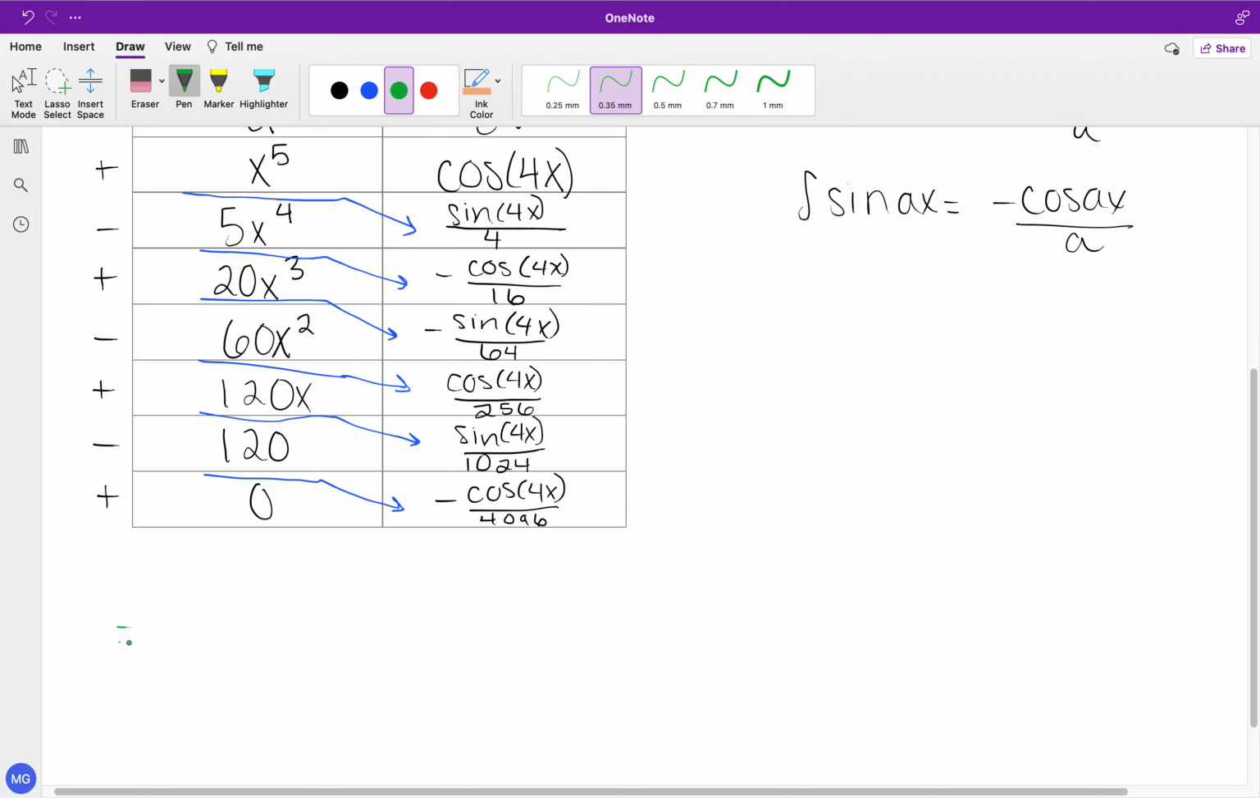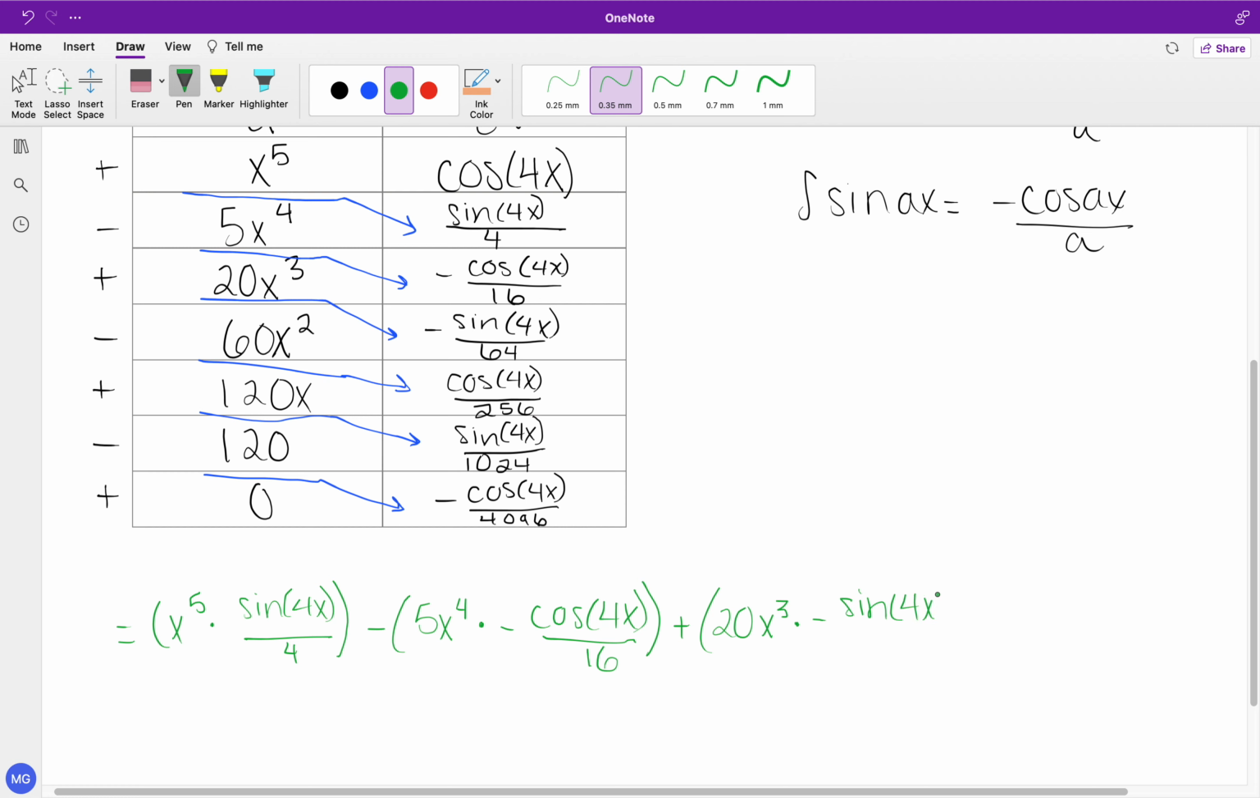Eventually, what we would get is x to the fifth times sine of 4x over 4, minus 5x to the fourth times negative cosine of 4x over 16, plus 20x to the third times negative sine of 4x over 64,